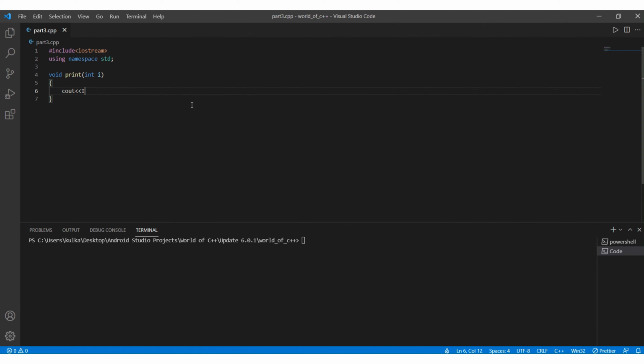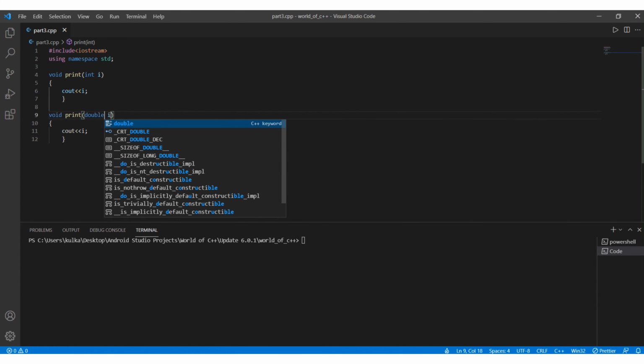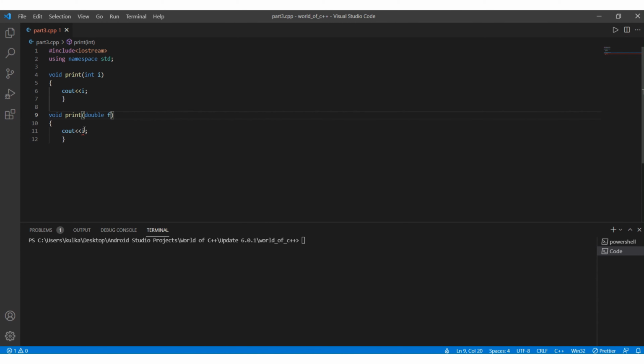I will cout i. Again, I will have the same function, but this time I will change the data type to double, and this time I will change it to character.